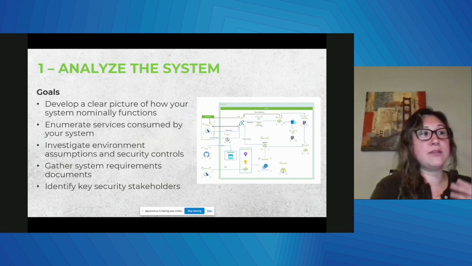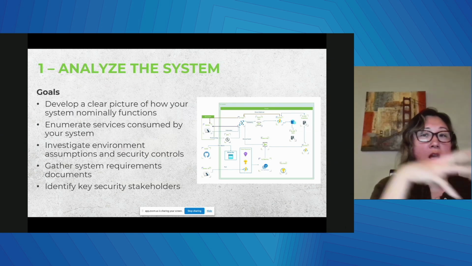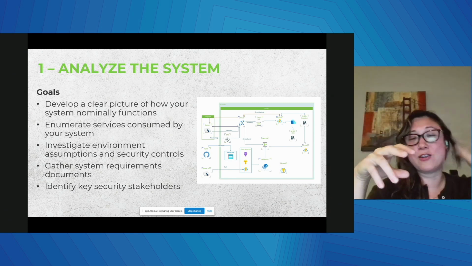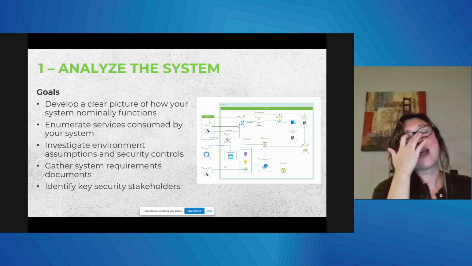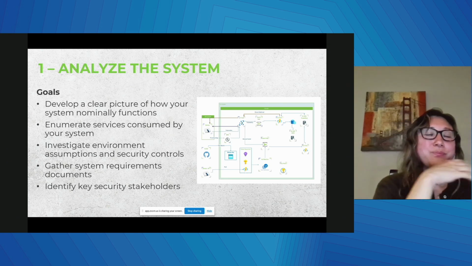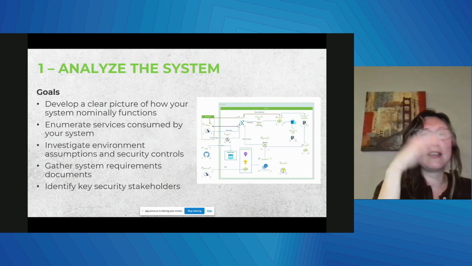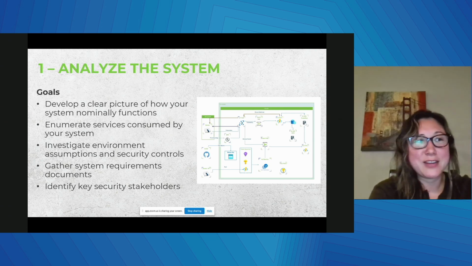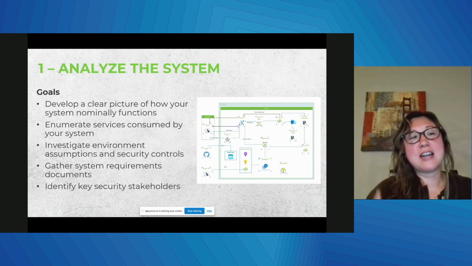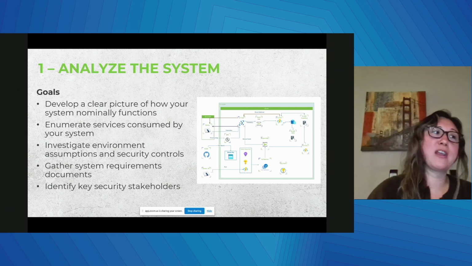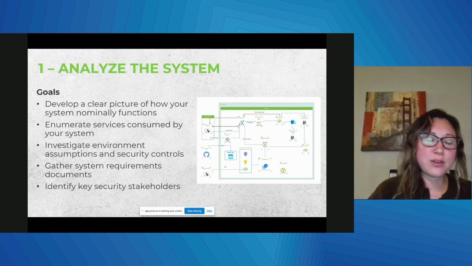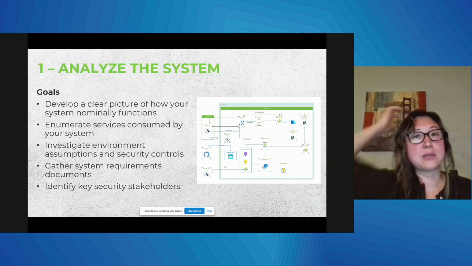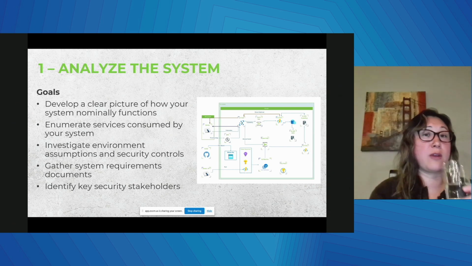All right, so let's jump into this. We'll go through it one component at a time, and then we're going to take all the learnings we have here and threat model something fun. We're going to threat model the Death Star in a little bit. So here is what we're going to be calling the design phase. This is the starting ground for all your threat modeling activities. This is where you gather as much data as possible about what you're building and what you're using to build it with, get all of those requirements in front of you, and identify the key stakeholders that are going to help you achieve a great threat model.